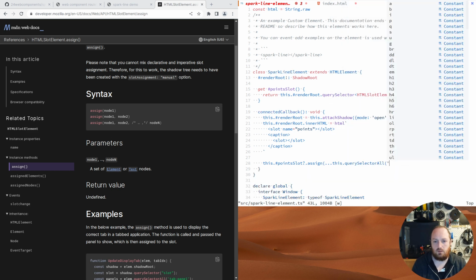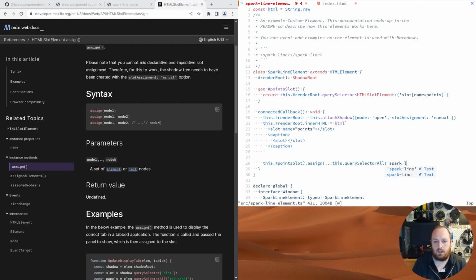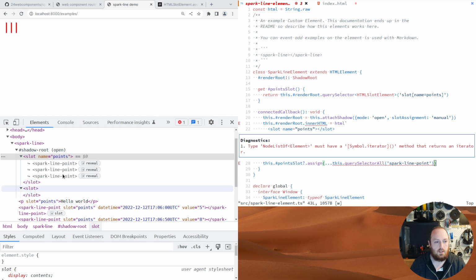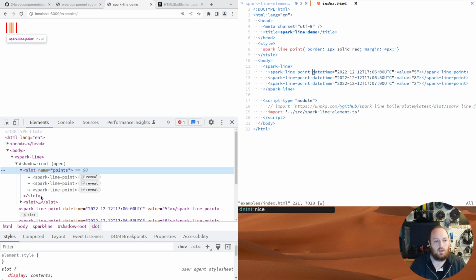this.querySelectorAll slot sparkline-point, then what we should see is each of these sparkline points has been reflected into this points slot. And then if I remove the slot attribute here, this is still true, because instead of using the slot name,